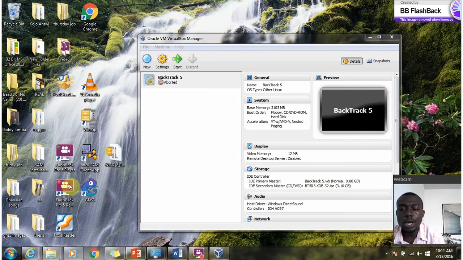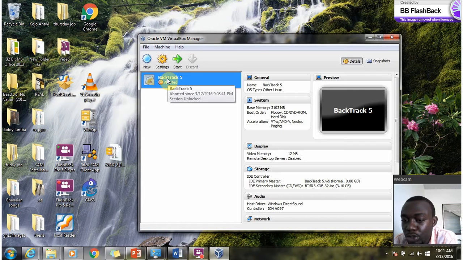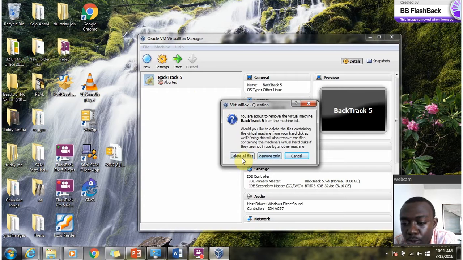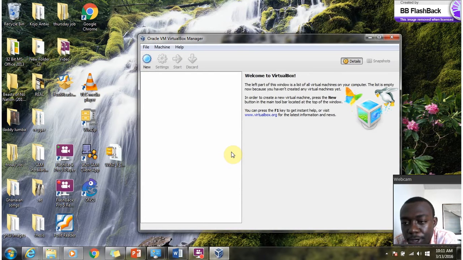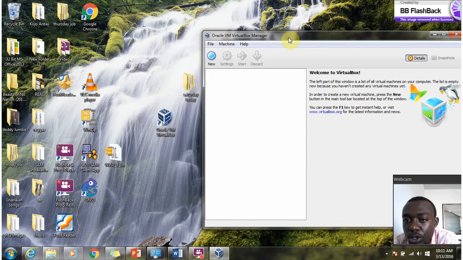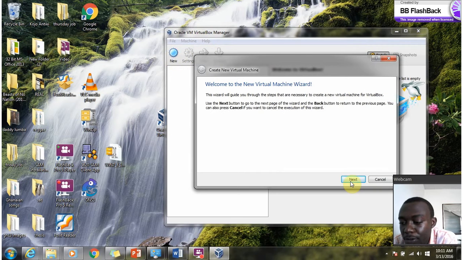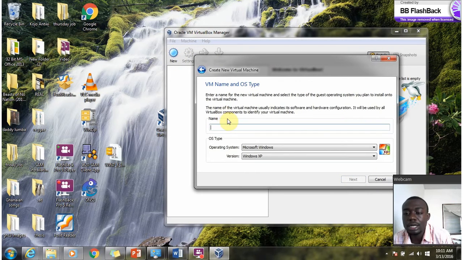Okay, so welcome back. After installing VM, I already installed BackTrack, but I'll delete it from the VM and then we work it out again. It's very simple. Just right click and choose remove and delete all files. That's fine. So a fresh installation of VM looks like this. All you have to do is choose new, follow the wizard, next, and then the name, you can decide to name it BackTrack